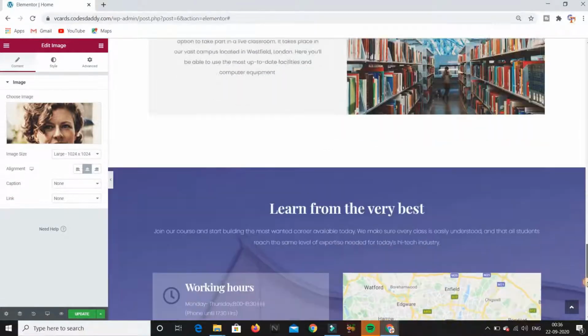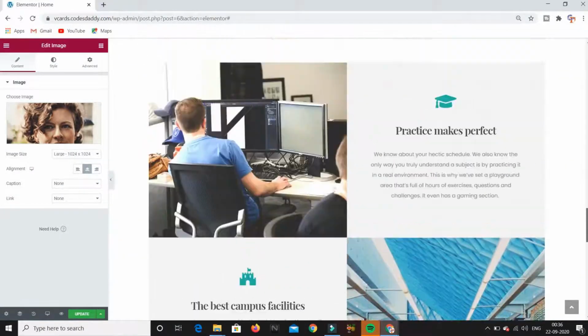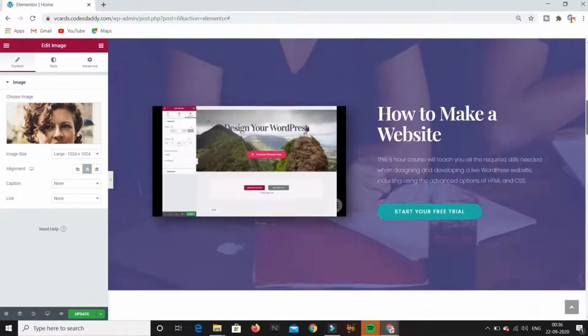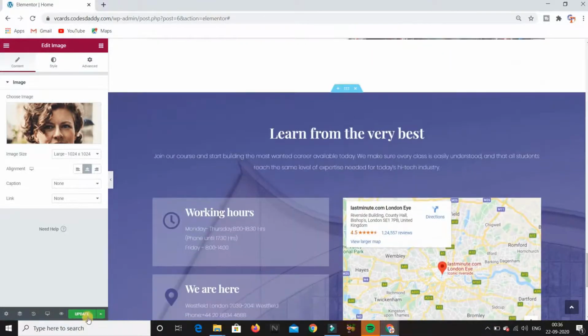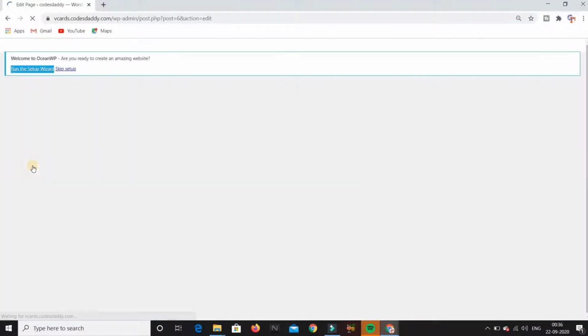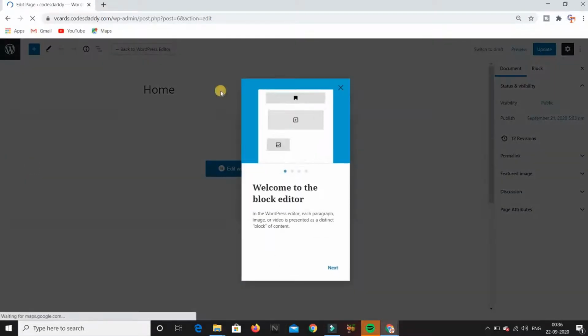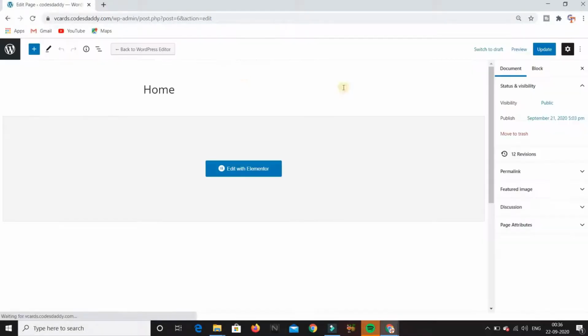And I will go down and see what other features I got when I integrated this template. So the template is successfully integrated. Now I will update it, and now I will create the About Us page. Just click here and go to exit to dashboard, and just click on go to dashboard,